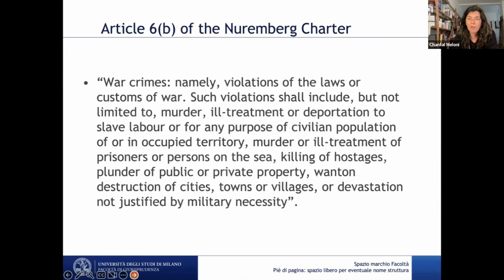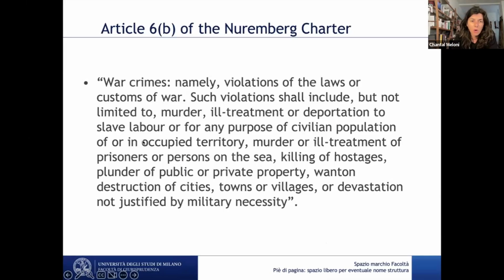So the first example of this, we have it in Nuremberg. As you maybe know, in the Nuremberg Charter, after the Second World War, of course, 1945, there was an article which was criminalizing war crimes, and this was the language that was used at the time. War crimes, violations of the laws or customs of war. And these violations shall include, but not be limited to, murder, ill treatment, deportation, slave labor, or for any purpose of civilian population